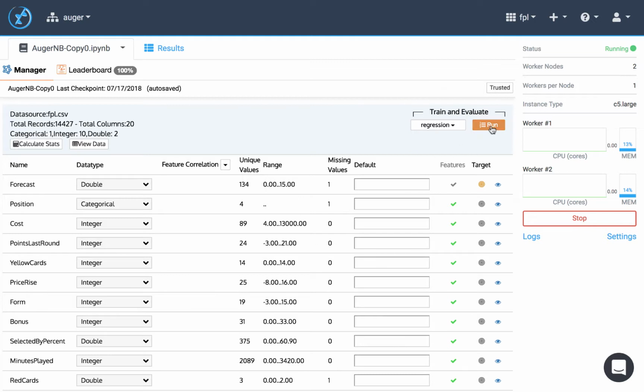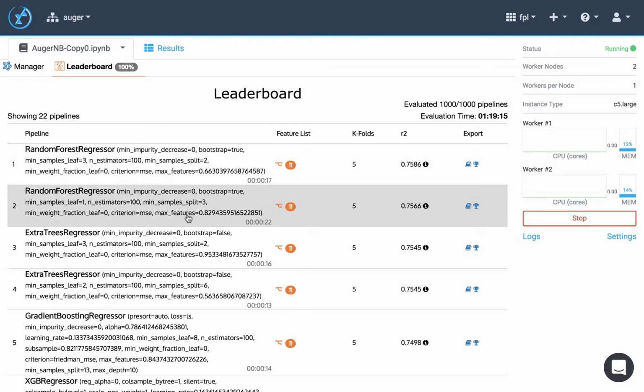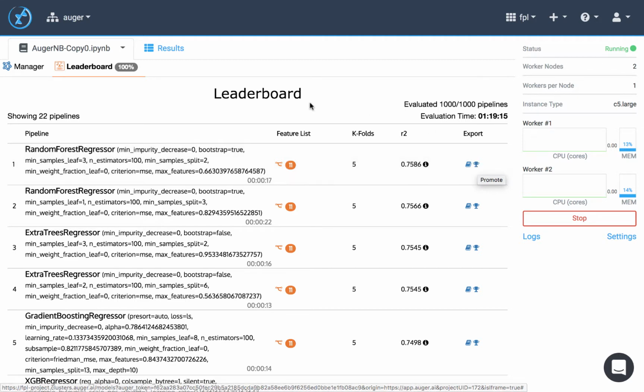So we run it. It will take significant time to run, about an hour and a half, because it's going to try all of these different models. Once we run it, it actually took an hour and 20 minutes to run. We have these various models. You can see that Random Forest actually won with the following hyperparameters. And then we promoted it by clicking on the trophy to be